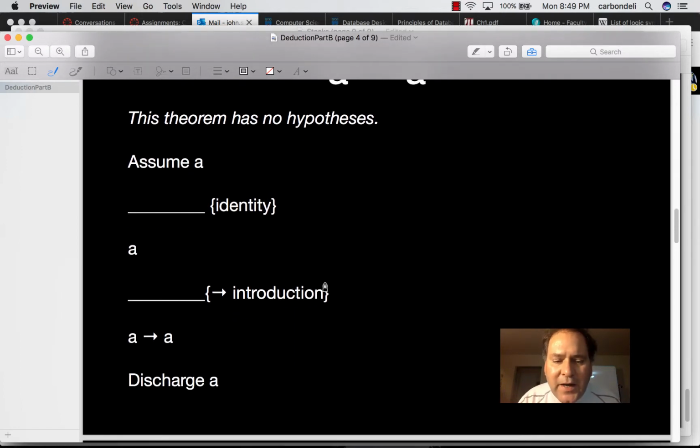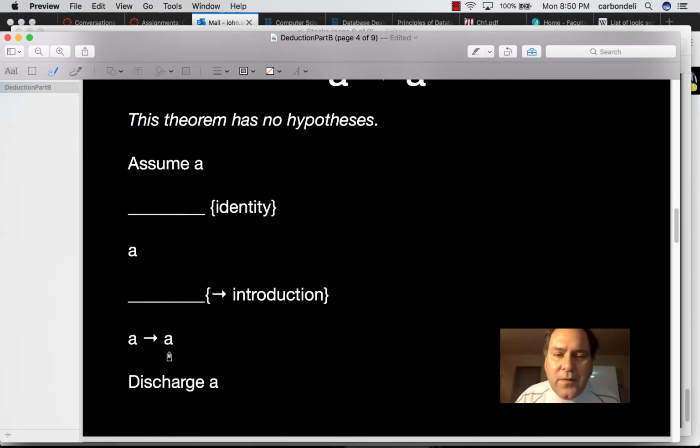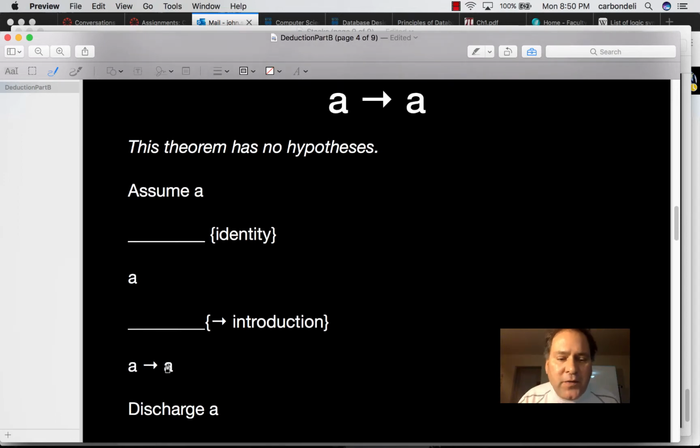And the reason why is because the only hypothesis we have is that we're assuming A. And you can see the last step in the proof is that we discharge A. So we can't use this as the basis for a proof that requires assuming A. You can see the discharge of A occurs after we've proven what we sought to prove,